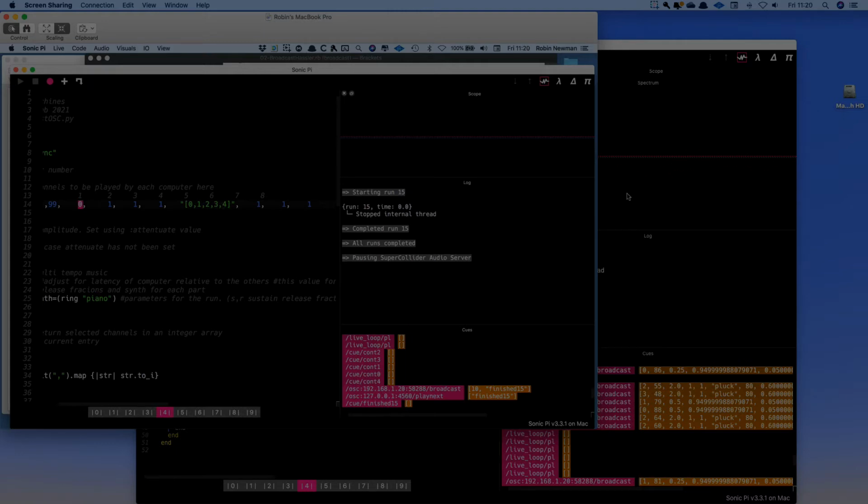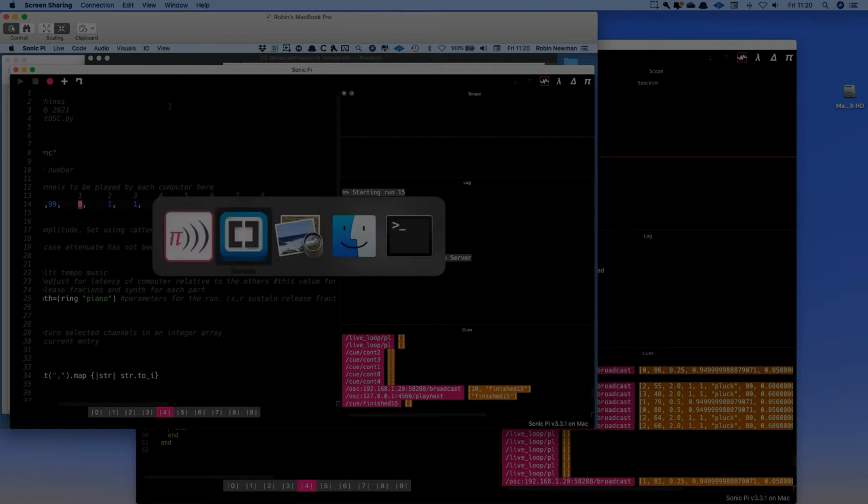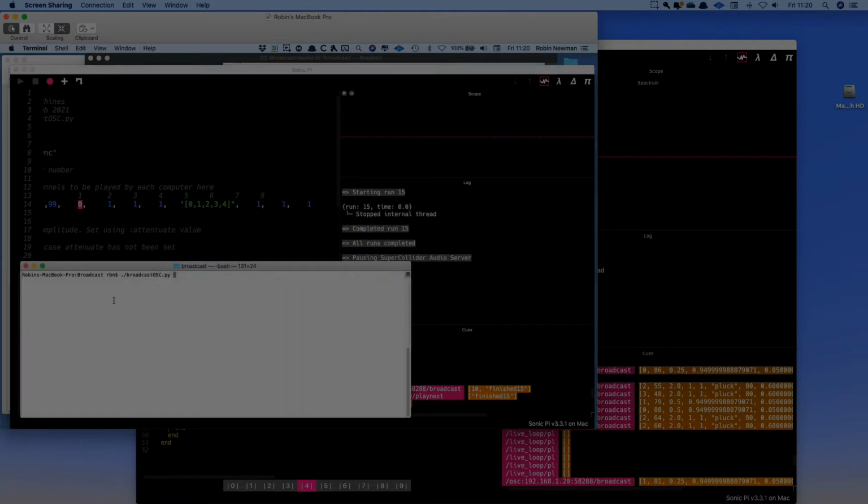So I think the best way to see how this decoding actually works is if I start this program running here and send it out, and it's going to be received at the same time. But I have to remember one thing before I do that, and that is that on this machine here we need to change to the terminal, and we need to start the Python script which I've called broadcastosc.py running. It's all set up here in a terminal window, and if I press the enter key, it starts running,